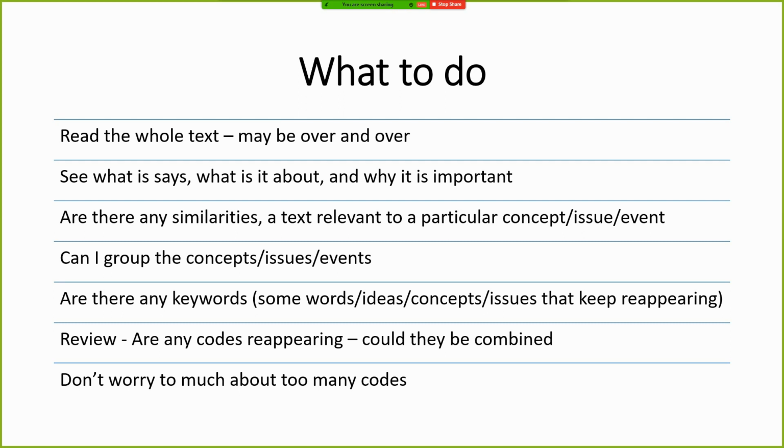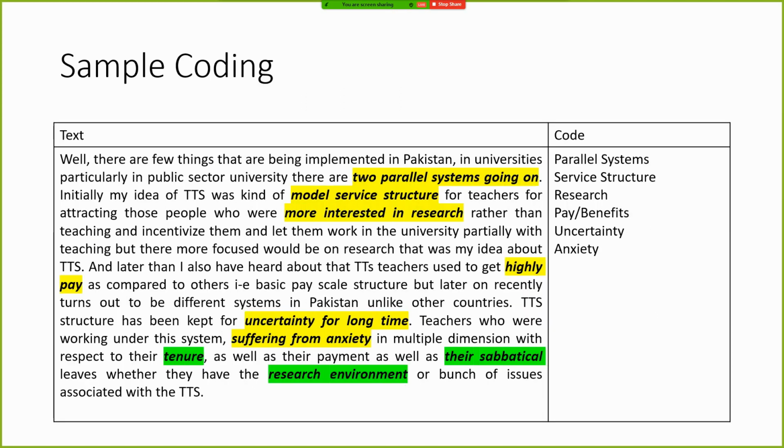But with time, since it's an iterative process, while you are going back again to your interviews, you'll find, okay, these two codes could be merged together, or these three codes actually are talking about the same thing. For example, system, procedures, rules, and policies. Initially you have given four codes, but later you identify that these four things are the same. System, procedures, rules, and policies actually could be rules and regulations. So these four codes are combined into one.